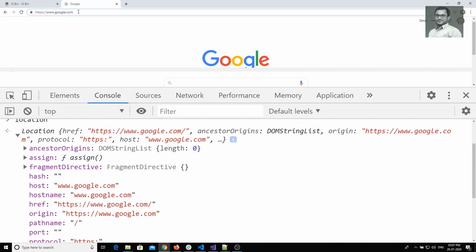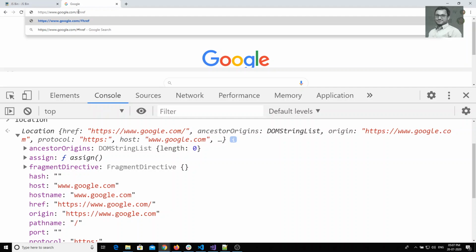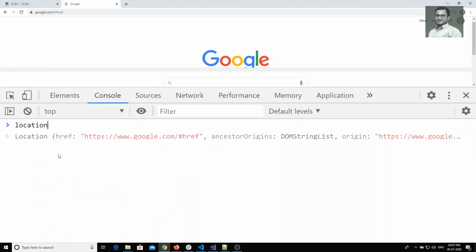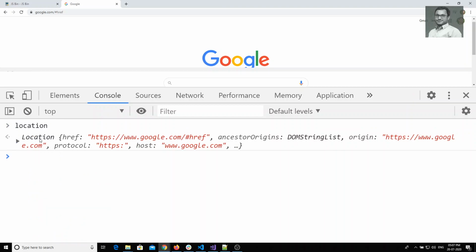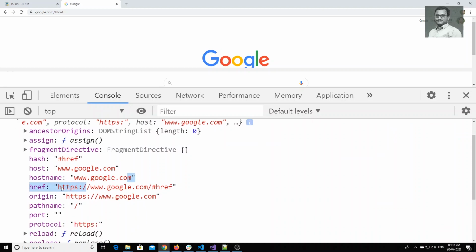If you want to get hash or href or anything, you can print the location. Whatever is present after the hash, you will be able to see it here. The host is www.google.com and the host name is also the same, and href is the total URL of the web page.